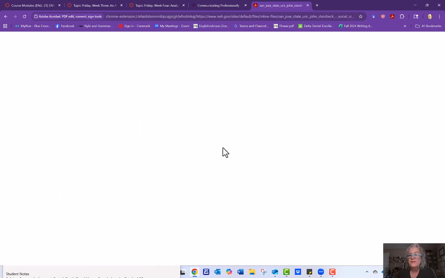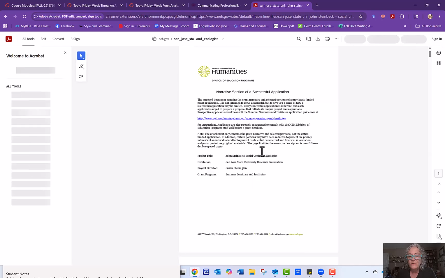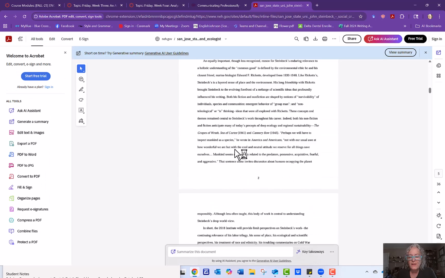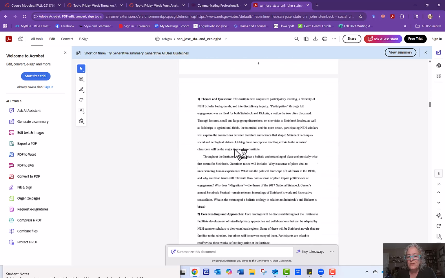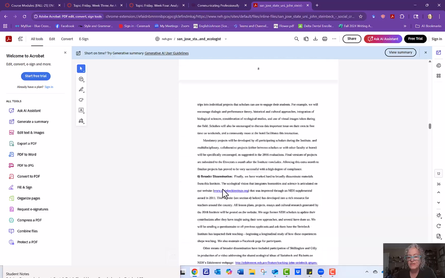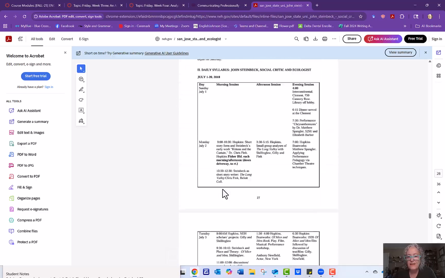If you click one of these, it tells you, here's the proposal. Here are parts of proposals. You don't have to do the whole thing. Take a couple sections, scroll down through it, see how they're writing it.